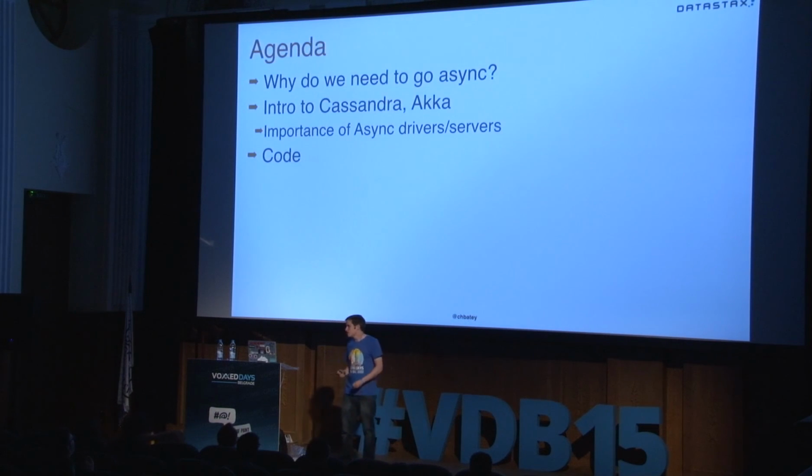So we're going to cover reasons for going async. It is not always a good idea. So don't leave this talk thinking, I want to make everything asynchronous. That is not a good idea. We'll introduce Akka and Cassandra, and then we'll have a look at some code examples. There's a very large working example, which is very similar to applications I've developed for companies, that's on GitHub that you can go and play with, that's using Akka and Cassandra.